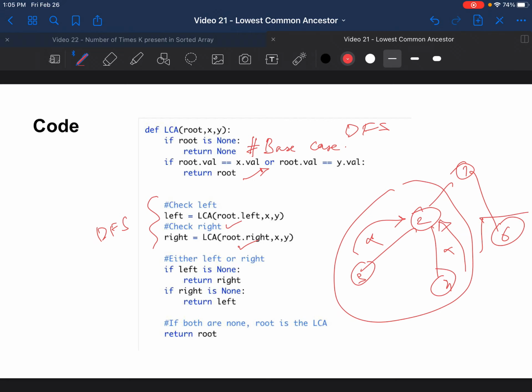Right is going to be none, right? So what we do is we simply return, and you're looking for 6 in this example. So if left is none, you return what right has. You're essentially trusting the other one got something, because left does not have anything to give, and right could also be none, so you're simply returning none in that case. And if your right actually is none, you simply trust left. So that is the way.